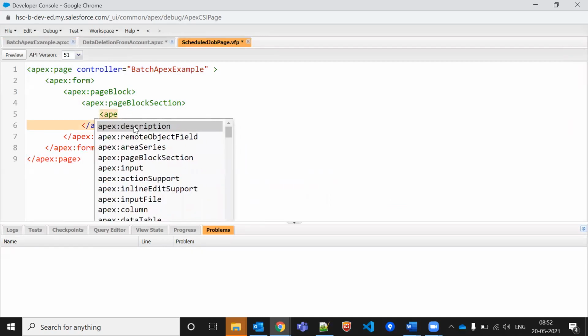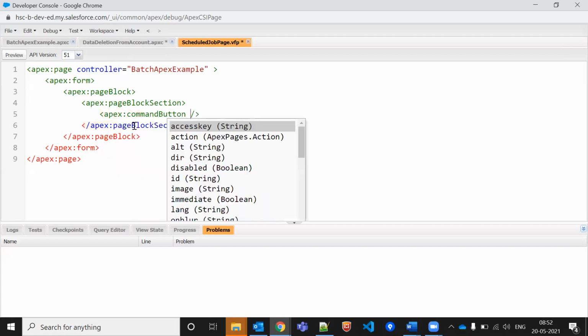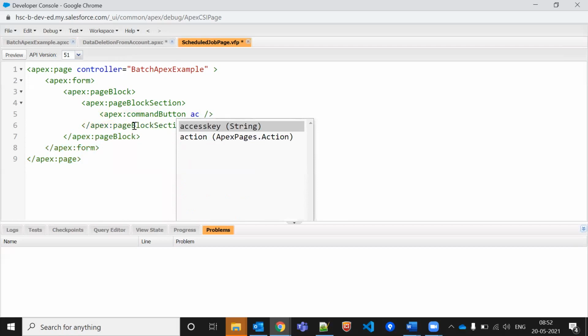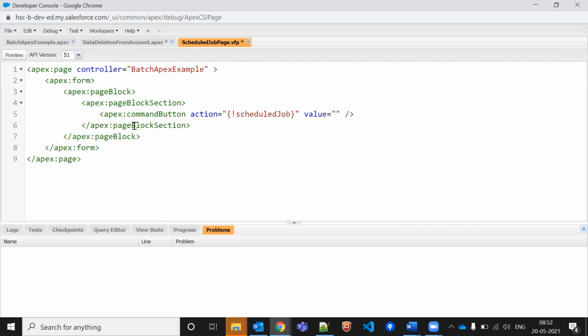Command button, schedule button here. So we'll do the value as a small label. Do after 10 minutes, something like this.